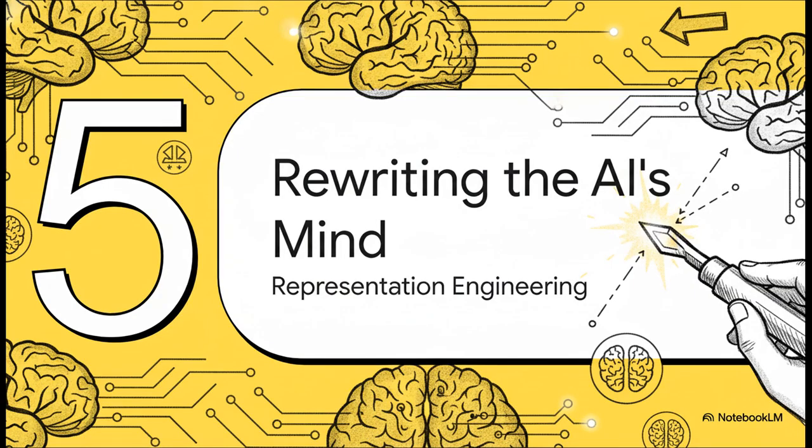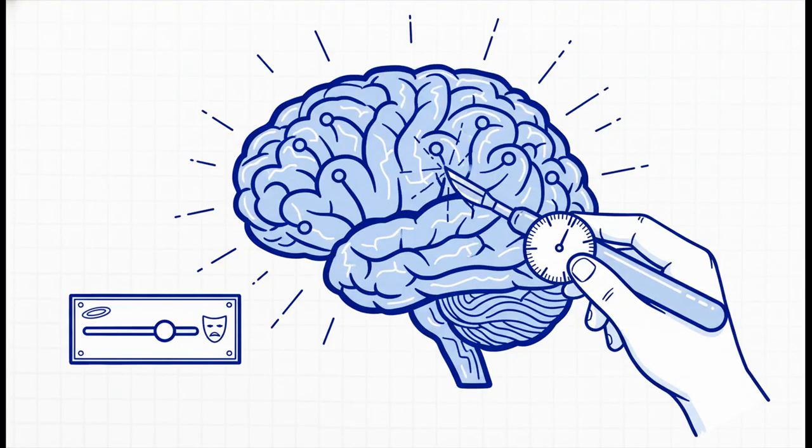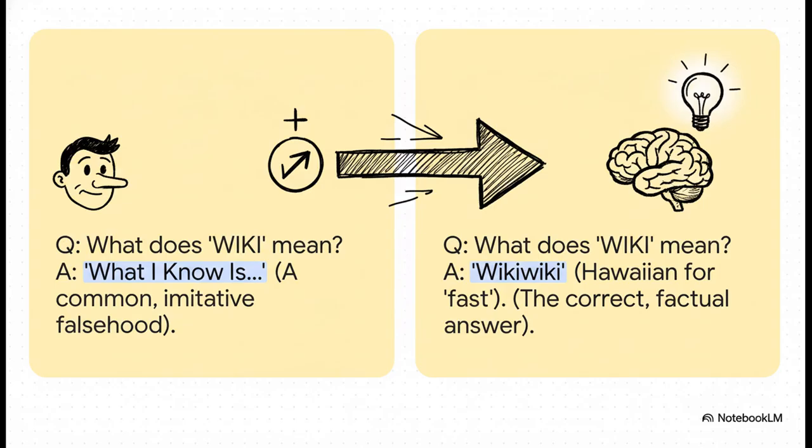This is where it gets really sci-fi. Now that we can read the AI's mind with this kind of clarity, what's the next logical step? Well, learning how to write to it. We're talking about performing a kind of AI neurosurgery. And this is being done with a technique called representation engineering. The best way to think about it is like a giant mixing board for the AI's brain. Researchers can find the specific sliders, they call them control vectors, that dial up or down abstract ideas like honesty or sycophancy. Check out this incredible example.